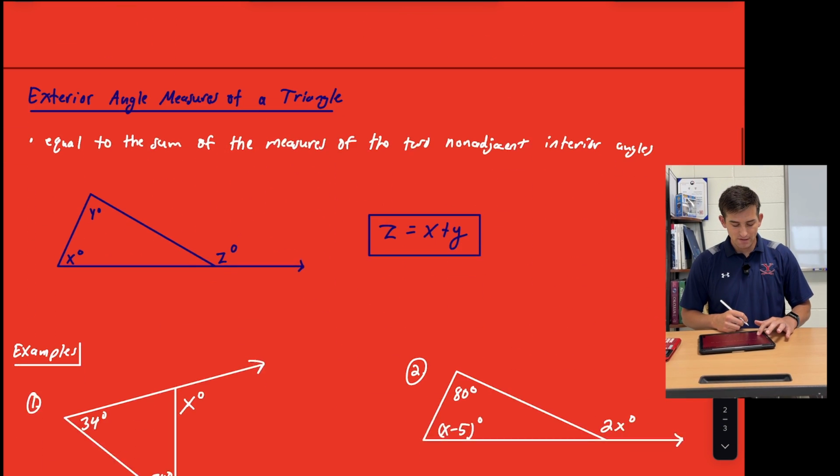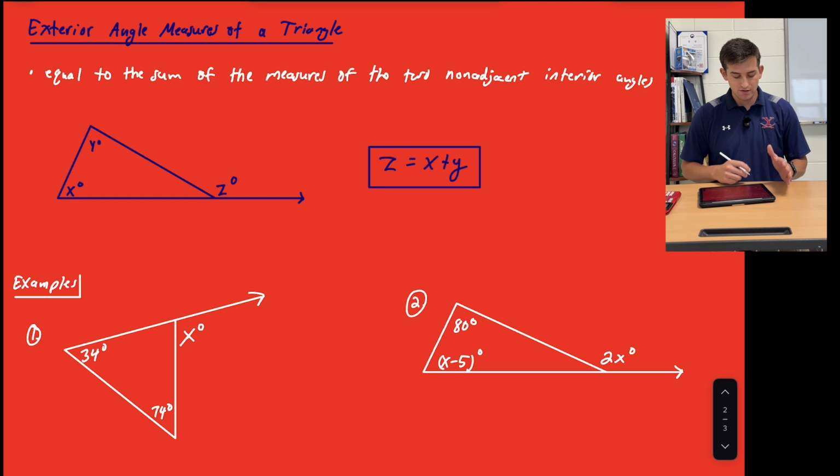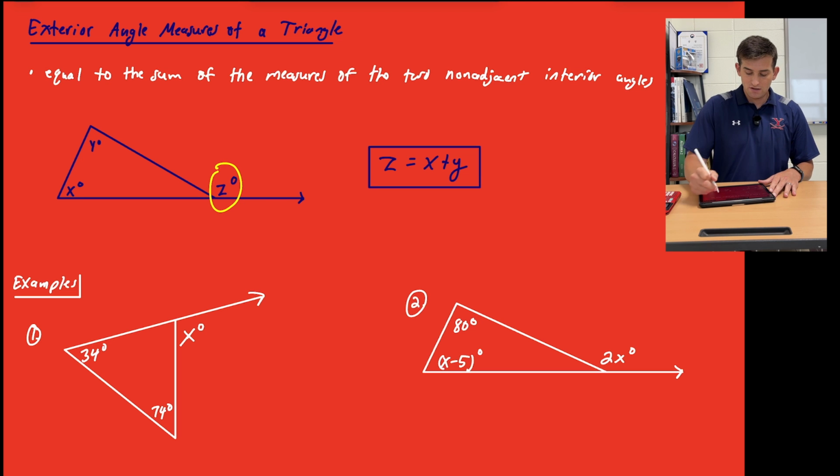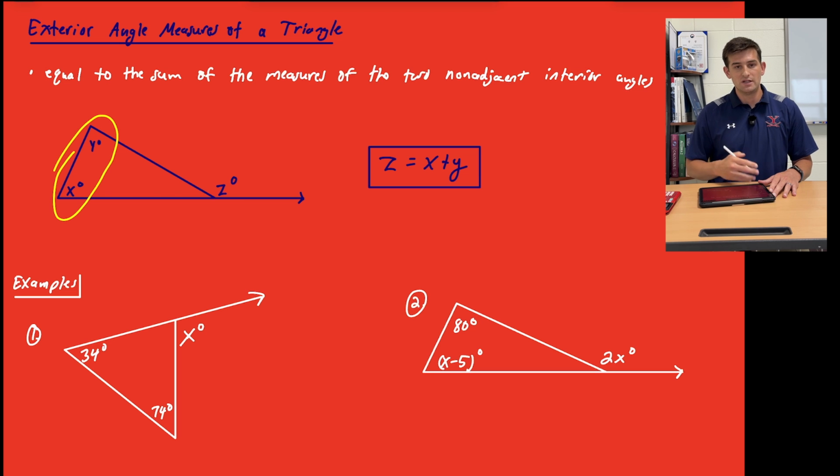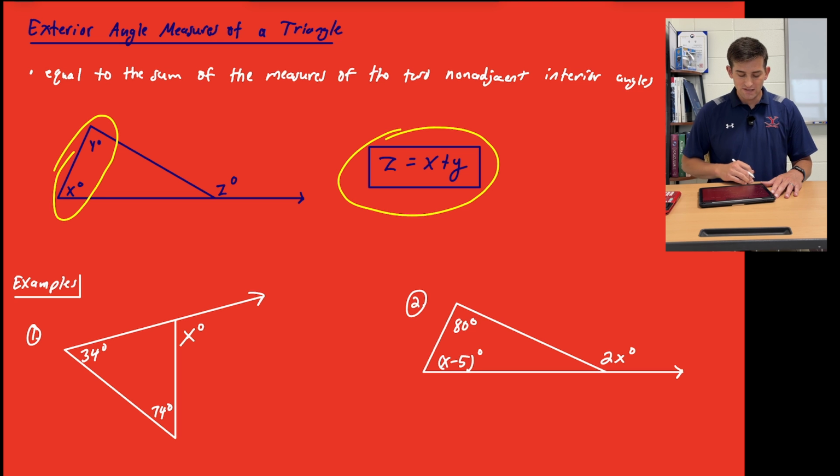All right, now let's talk about the exterior angle measures. These are equal to the sum of the measures of the two non-adjacent angles. If I'm looking at angle Z here, that's an exterior angle because it's outside the triangle. The angle that it's next to would be right there. So that's its adjacent angle, which means these two angles of the triangle would be the non-adjacent angles, the ones that are not next to the exterior angle. That brings us to this formula here: Z, the exterior angle, is equal to x plus y,